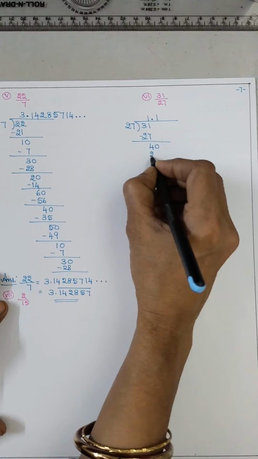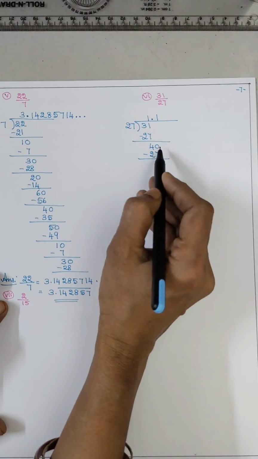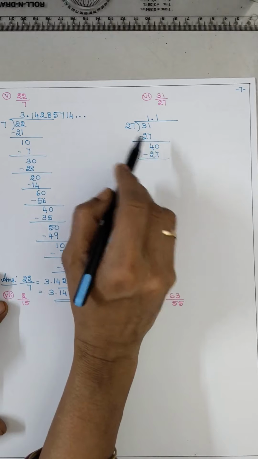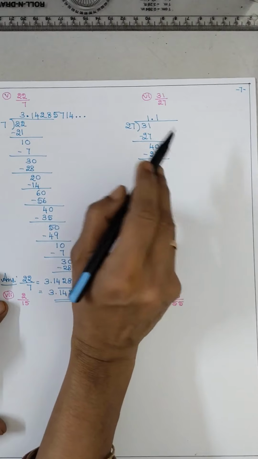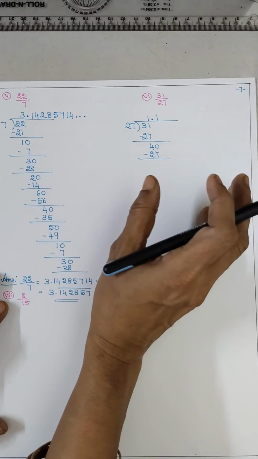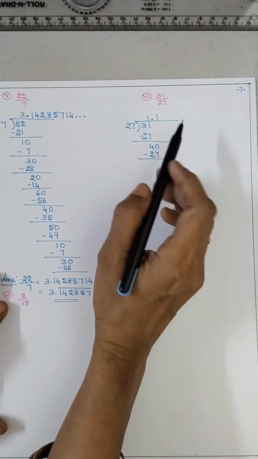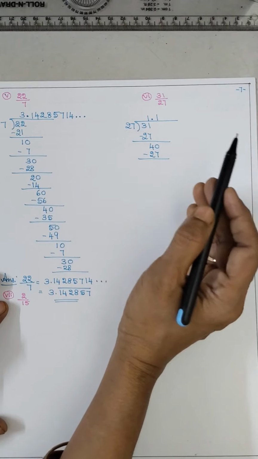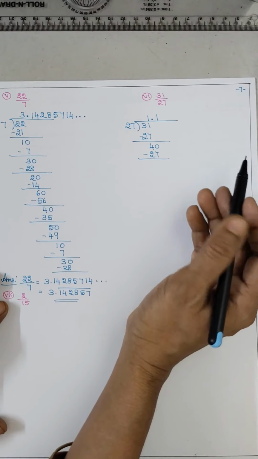So 1 za 27. आपको याद है डिवाइड करने के वक्त 2 डिजिट रहेगा. फर्स्ट डिजिट अंदाजा लेने के लिए पूछो 2 हाउ मच जा? 4. अगर इधर 2 डिजिट इधर 3 डिजिट रहेगा तो फर्स्ट डिजिट एंड द फर्स्ट 2 डिजिट्स यू हैव टू आस्क. So you will get an idea by which digit you can multiply, which digit can be put here. Then you have to multiply and see. If it is not, you have to take 1 digit less, multiply and see. Like that it goes on.